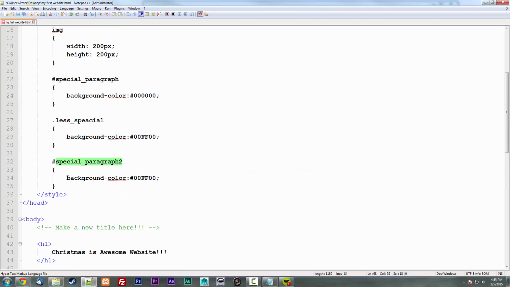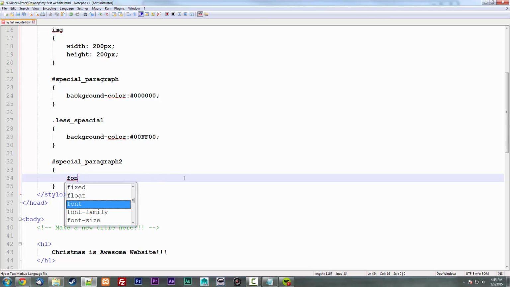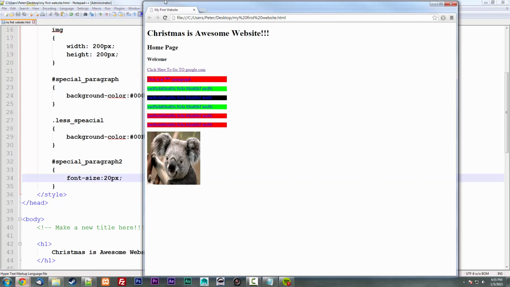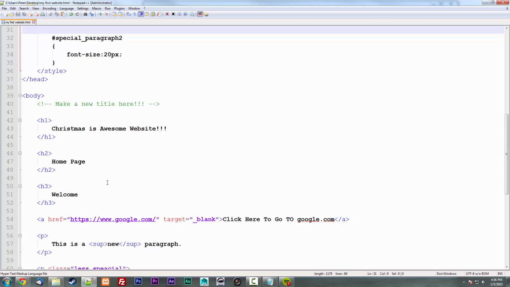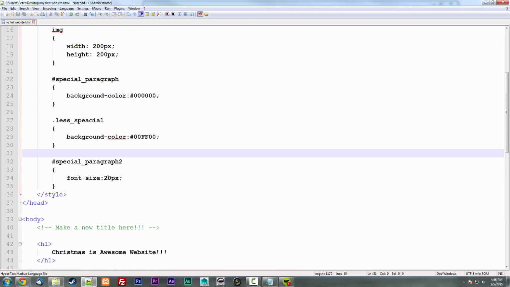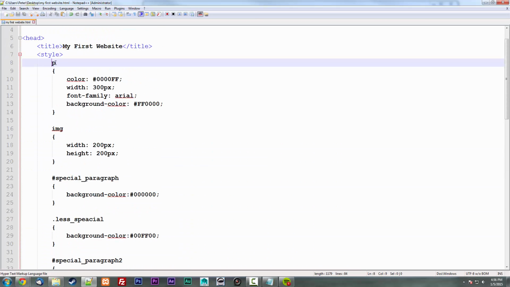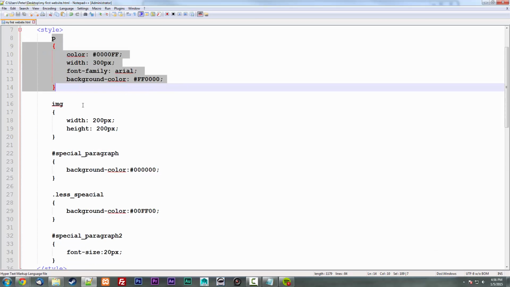Okay, and for special paragraph 2, we can have its font size be bigger. So font size, and then we can make it like 20 pixels. Okay, when we refresh our page, now we see that our font is a little bit bigger. So that's the cool thing about CSS is you can have a combination of things. You can have something affecting the element, then another thing affecting